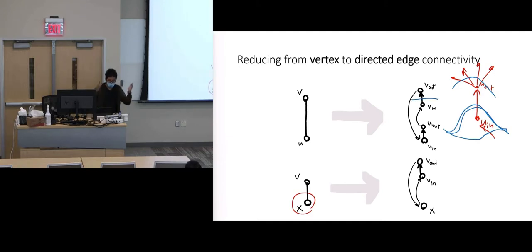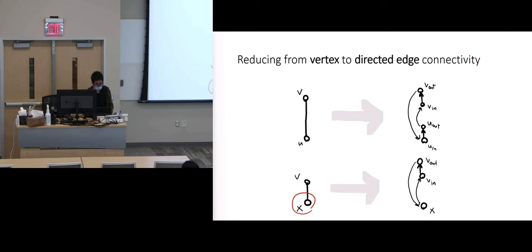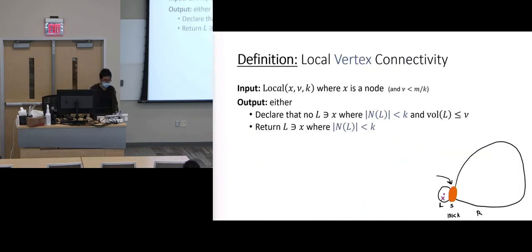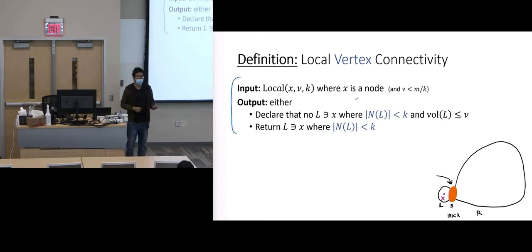But given a cut in the edge setting, you can make some change that doesn't increase the cut size and make it correspond to a vertex cut. Yeah, so now, once you know that you can actually solve this local min cut even in the vertex setting,